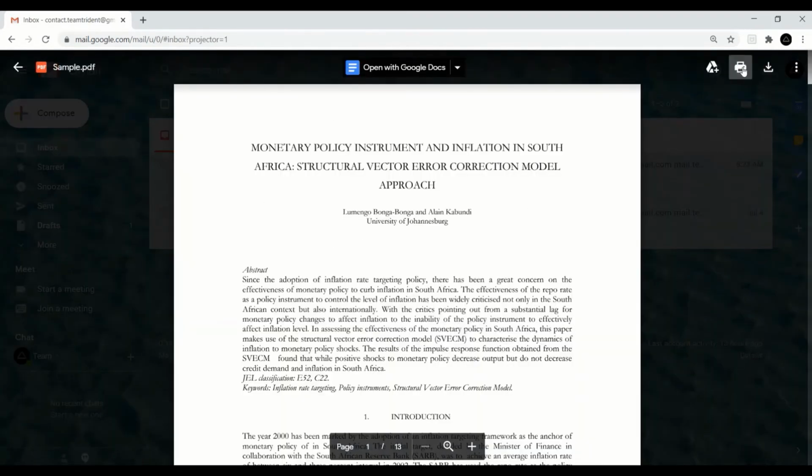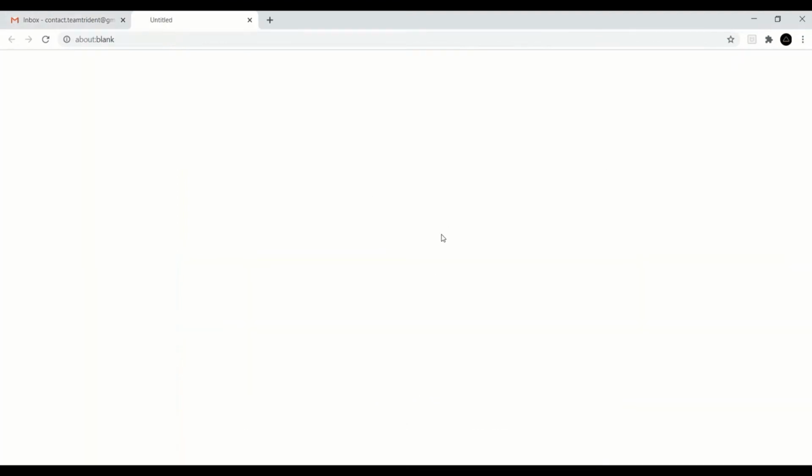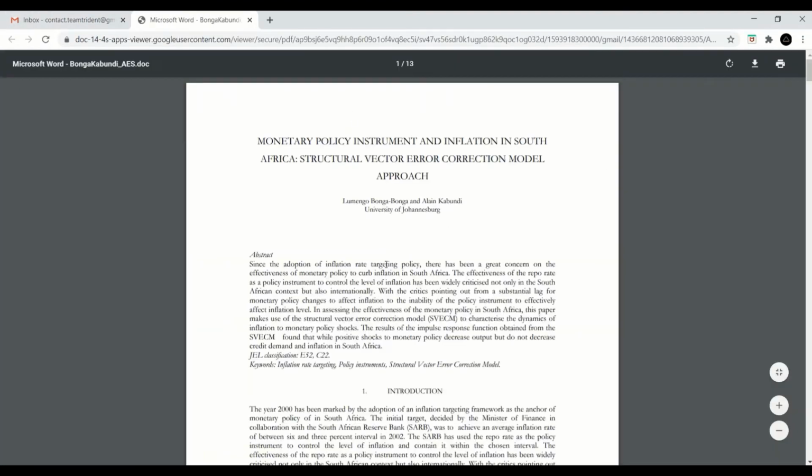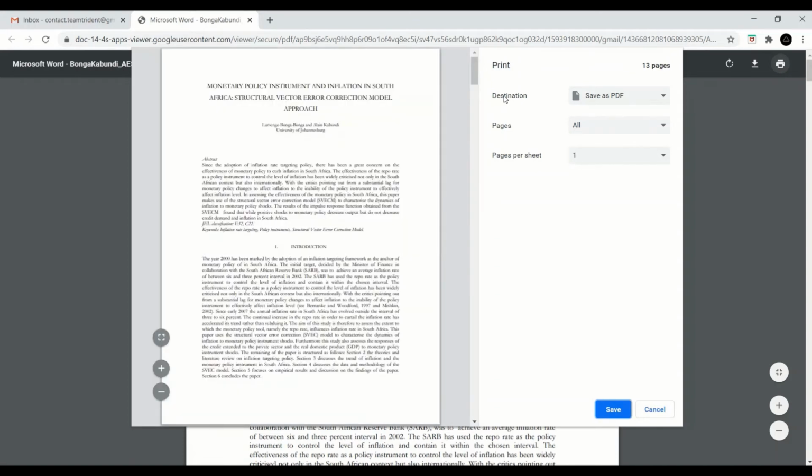On the print option I just click and it will open in a new tab. Now I will again click on print, and here destination is basically the alternative name for printer. In Adobe Acrobat Reader the name was printer, but in the Google PDF viewer it is destination.